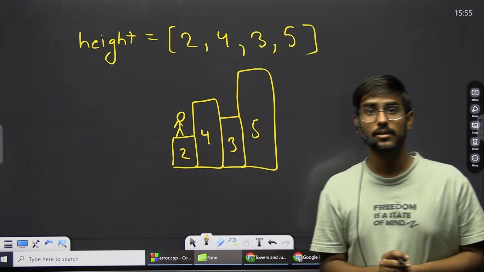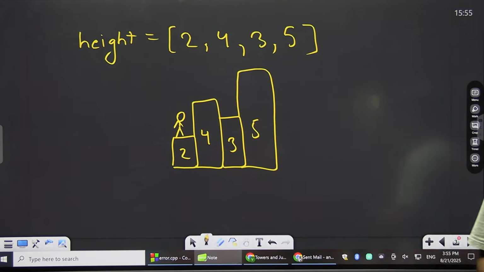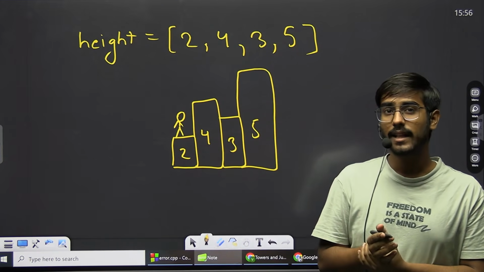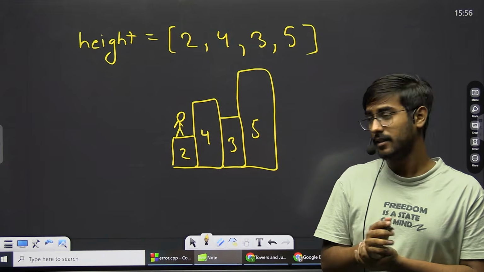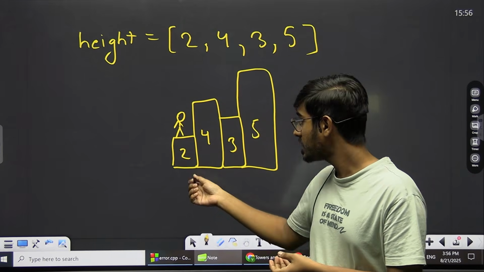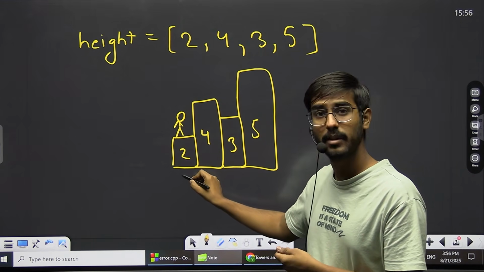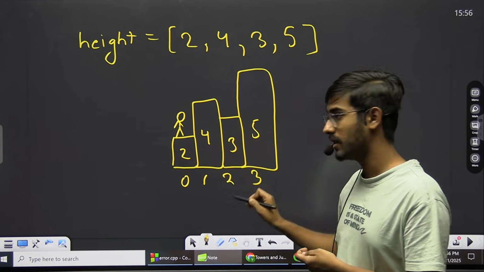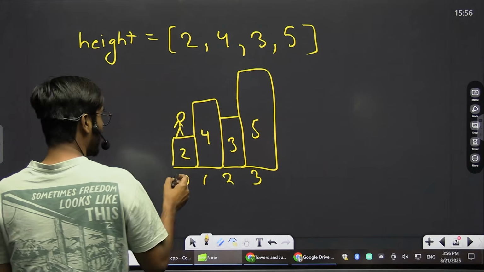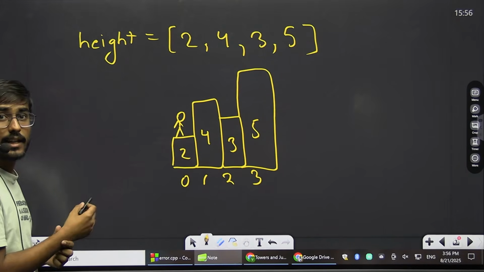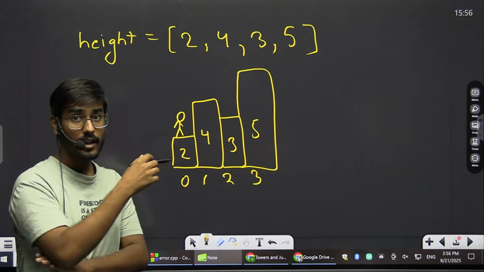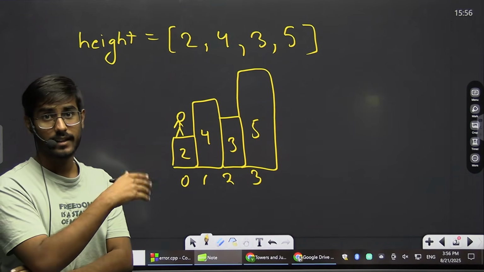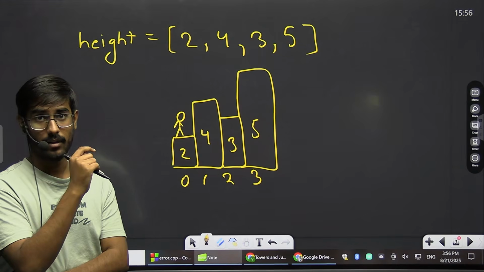Now this person can make jumps. How? This person can make a jump to the next immediate tower which has strictly greater height than its current height. So let's say, giving the buildings indices 0, 1, 2 and 3, if this is the current building where this guy is standing, he can make jumps to the right side, but only to that building which has a strictly greater height than it, and only the next immediate tower. What this means is,